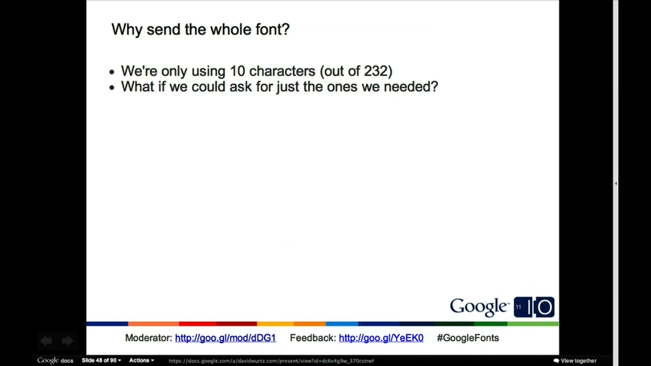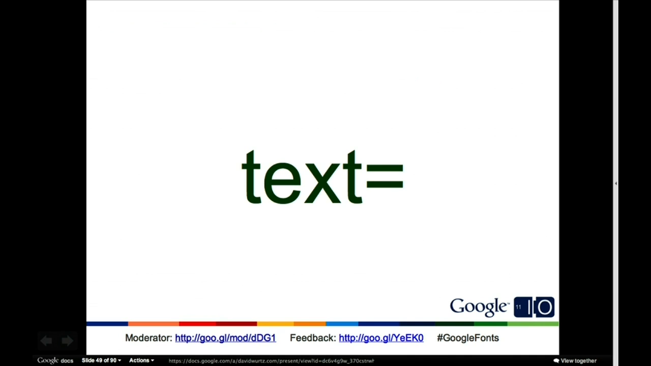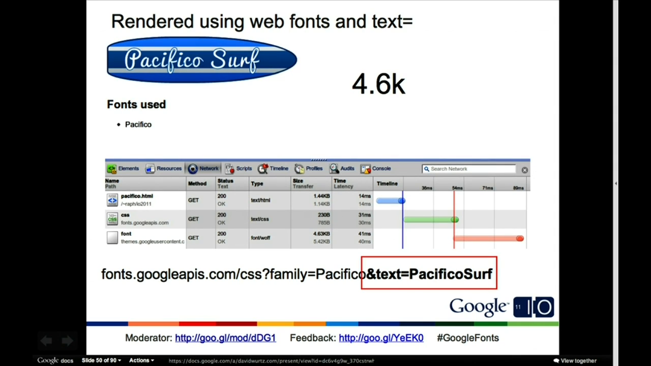But of course, we weren't satisfied there. Why are we sending the entire font to build this logo when we're only using 10 characters out of it? What if there was some way that we could ask for just the letters out of this font that we're actually using? So I'm really excited to introduce today the text equals parameter to the Google Web Fonts API. And so you can see it at the bottom that we add to the request